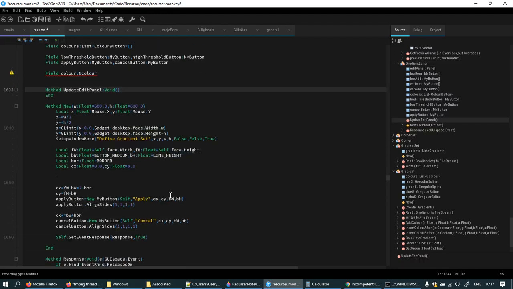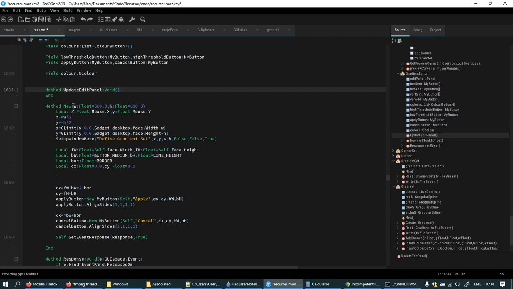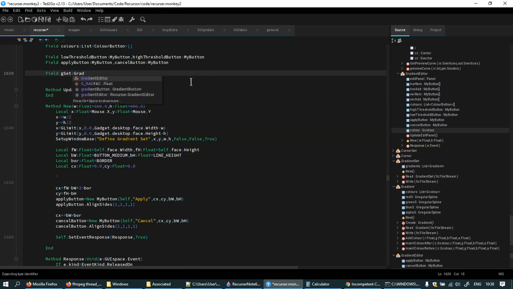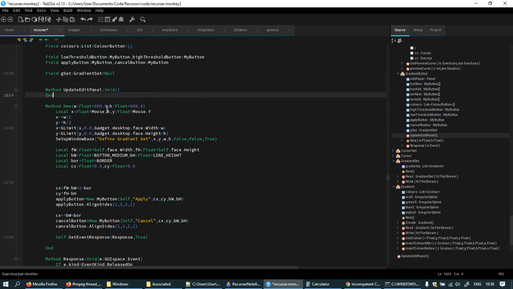Which, when this is nude, no, not a color, a gradient set. And I'm going to call it GSet, which is going to annoy me later. Gradient set equals null. Right, yeah, I'd already decided that when this was created, this gradient editor gadget is